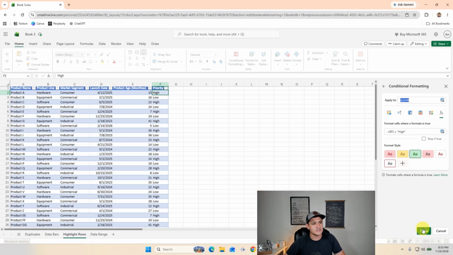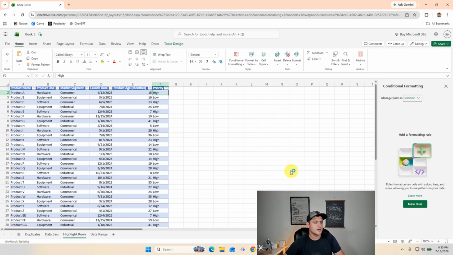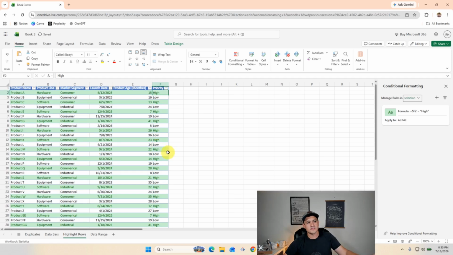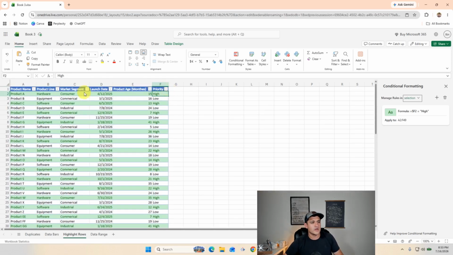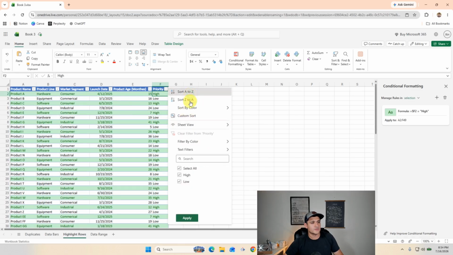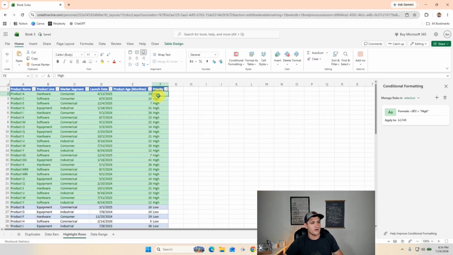So I'm going to click done. Let's see if this works. Done. And as you can see, it quickly highlighted all of the highs here. If I wanted to just double check this, I'm going to sort this in alphabetical order, and all the highs